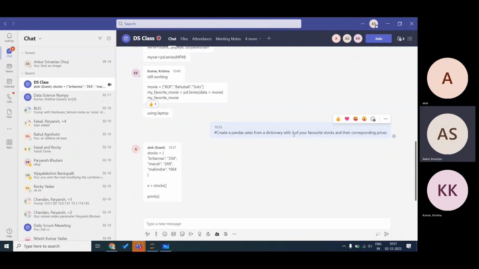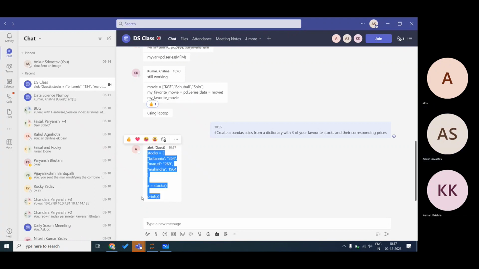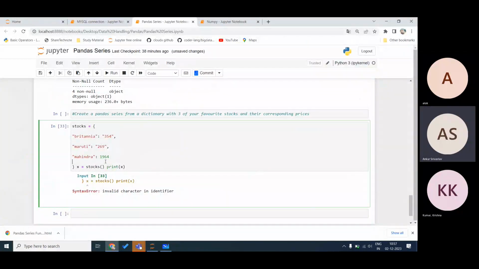See the question: with three of your favorite stocks and their corresponding prices, create a Pandas series. Where is the Pandas series here? This is only the dictionary, not even a proper dictionary. X equal to stocks, you are not calling it. You have to create a dictionary. See, there are so many errors.